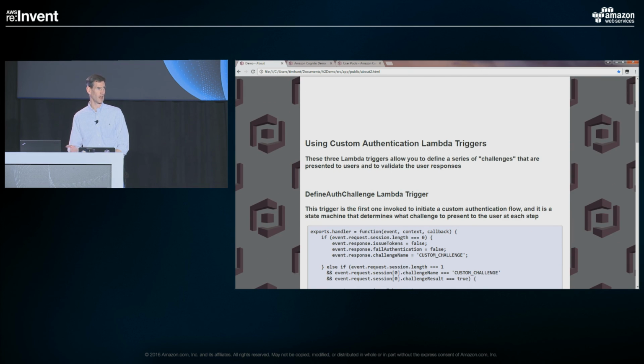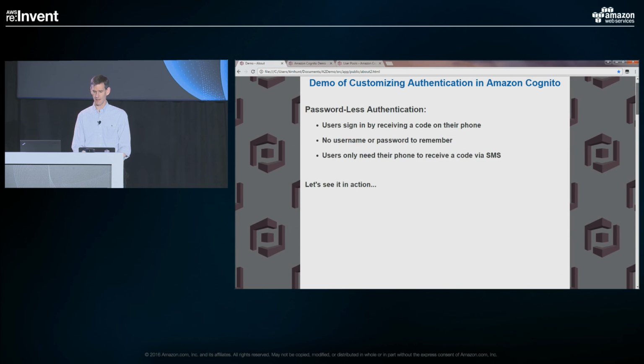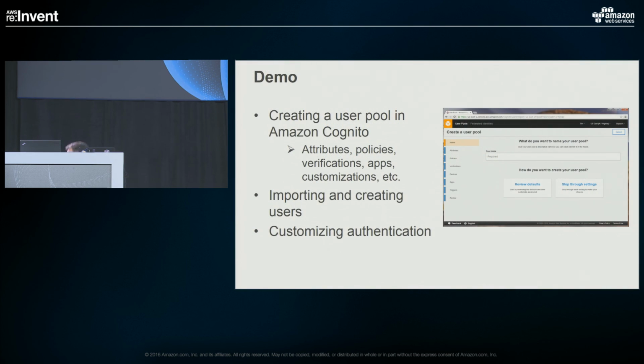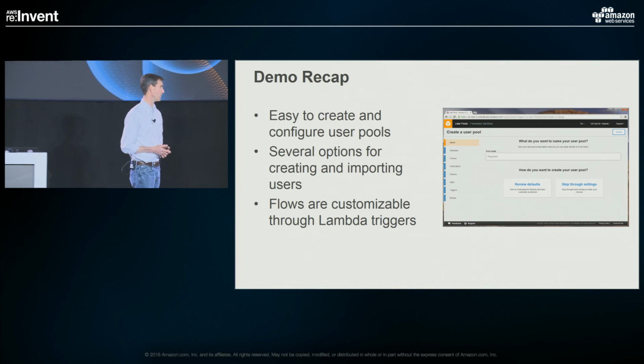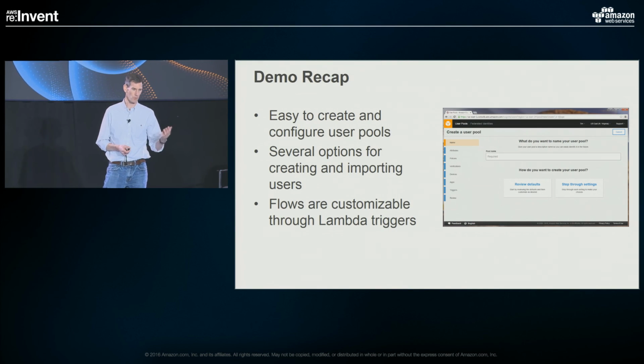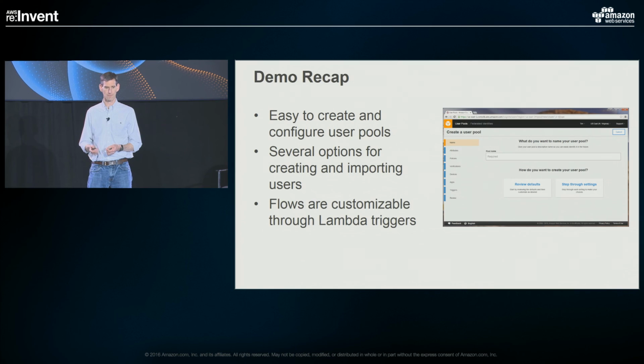So that was it. That's both the server side and the client side. How, again, you can change the authentication flow for Cognito. I'm going to go back to the slides for a minute. So just a quick recap. You saw all the options that you have in a user pool, lots of ways you can customize Cognito, all the way down to the authentication flow. Multiple ways you can import users as well.